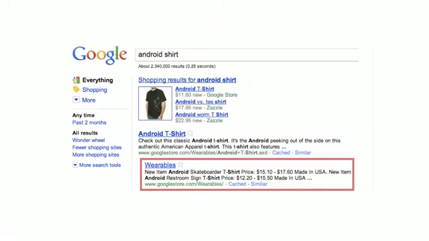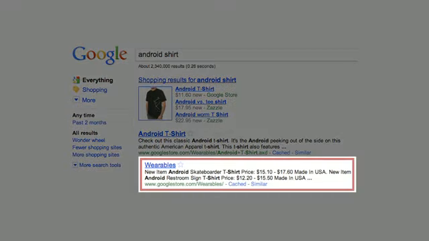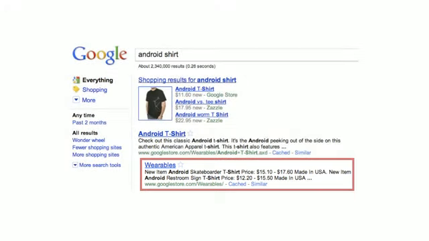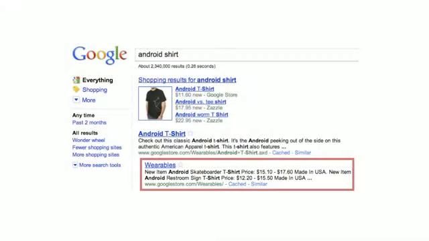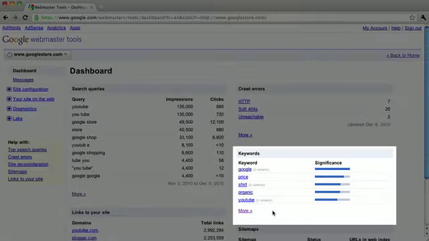You can see here that for Android shirt, my second result, with an indented result, could be more descriptive and readable. The snippet can originate from the meta description, and that's a quick fix I would immediately implement as their SEO. After viewing search queries to get an idea of the queries to prioritize, I'll then go to the Keywords